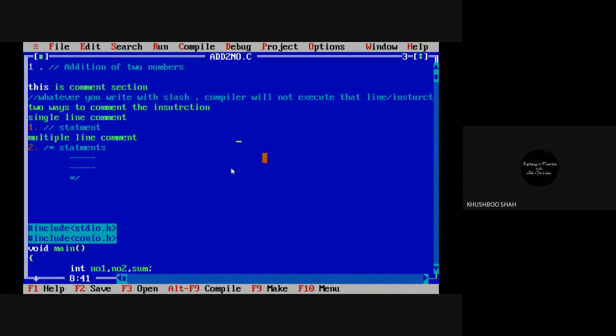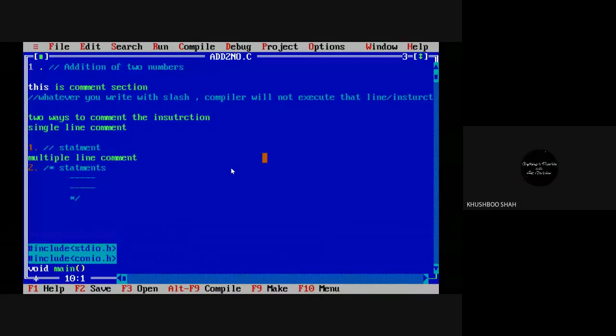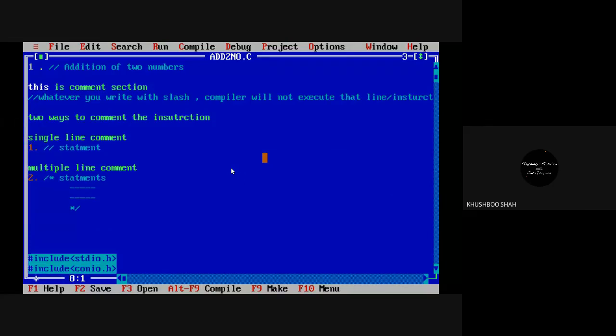Fine, everyone? Yes, ma'am. Easy? Yes. See, it might be possible that when I'm explaining, many questions arise in your mind, like why we need this slash, why slash asterisk. But don't worry, right now just get familiar with the terms, new symbols, new syntax.